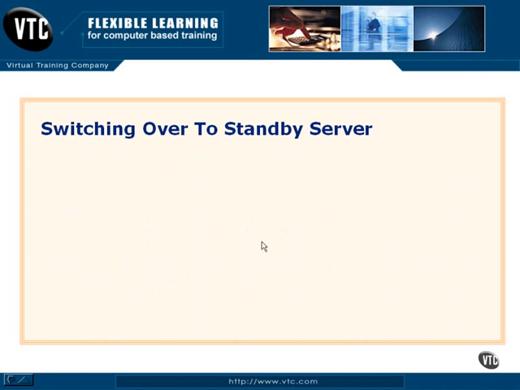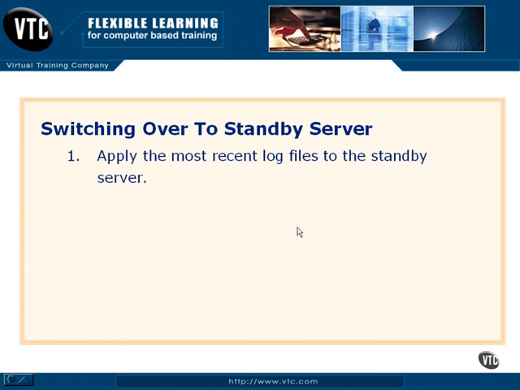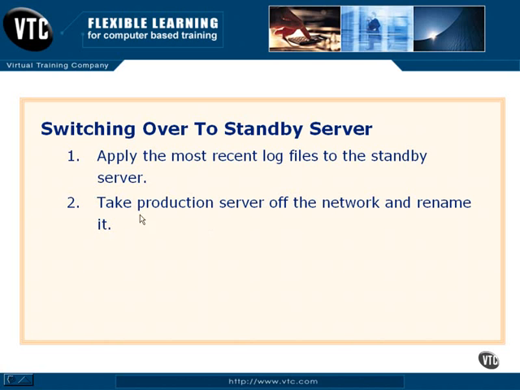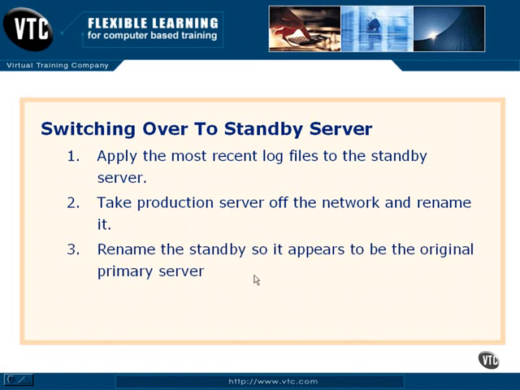Now, what happens when we have a failure on our source server or our primary server? Well, to get the standby server up and running, we're going to go to the source server and back up the most recent log file, take it to the standby server and apply it. And we'll apply it with recovery. Then we'll take the production server off the network and rename it because we don't want anybody accidentally putting it back on the network with that old name. Then we're going to go to our standby server and rename it to the name of our original production server so that on the network it appears to be the original primary server, and then we just verify that people